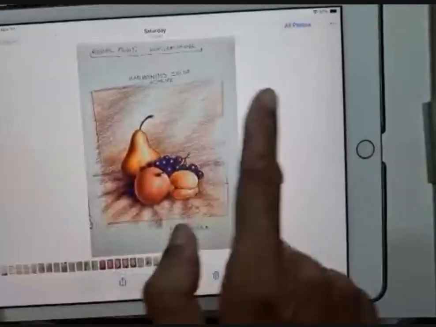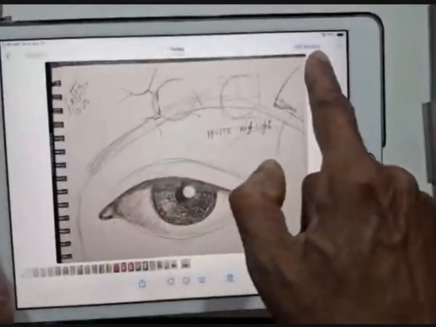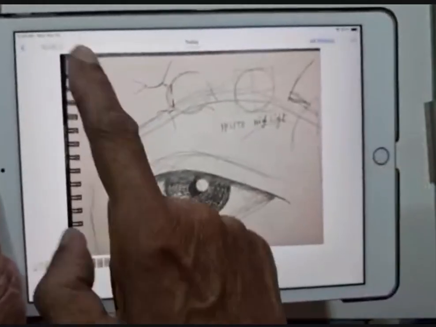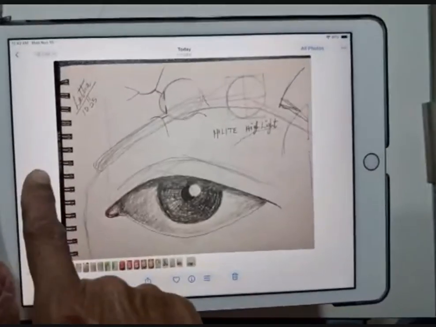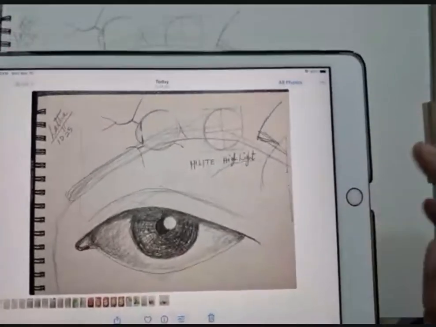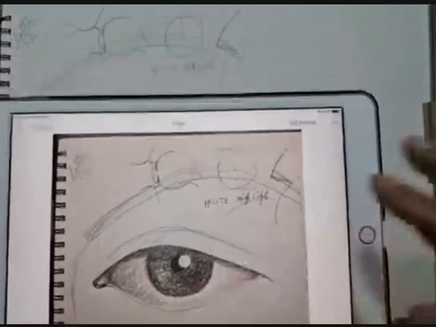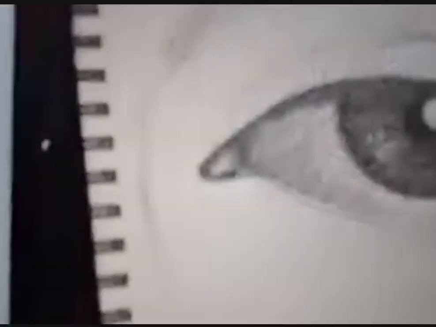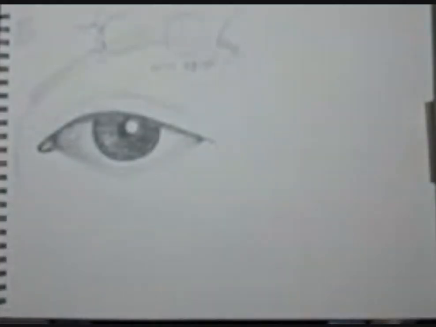that edge is parallel to the outer edge of the camera area. Okay, this is parallel. But if you are going to take it at an angle, say if you are going to take it like that,